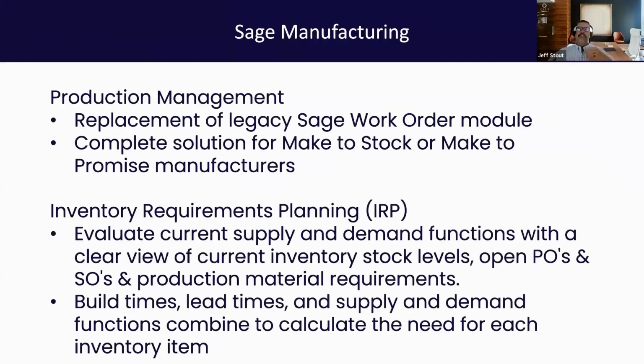And Sage has a couple different manufacturing modules. Production management, really for those folks that are doing make to stock, make to promise type manufacturing. There is also operations management that they have, which is a little bit more for the make to order. You may have heard of something called Job Ops in the past with Sage 100. It's been rebranded to operations management. So a couple different manufacturing options that we have with Sage 100, and today we're going to be looking at production management, and again